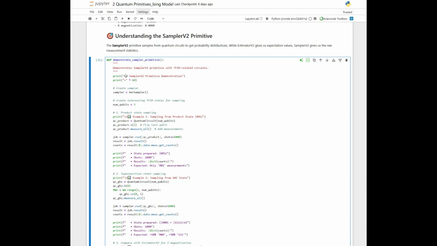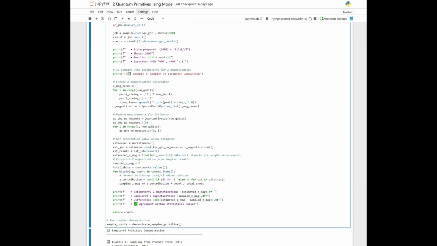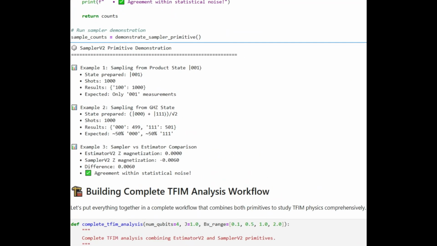This one, again, you can just do the sampler run of this. This is going to be this job. You get the result, and the result you can get the counts. In the sampler, you get counts because you're going to have a statistical distribution. And going here to check this result, if you see